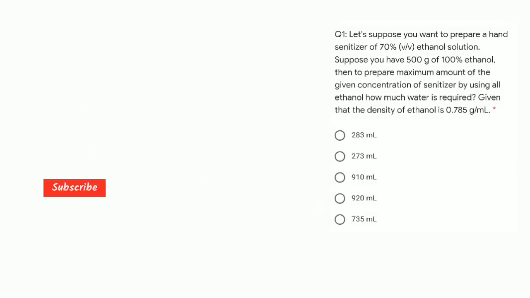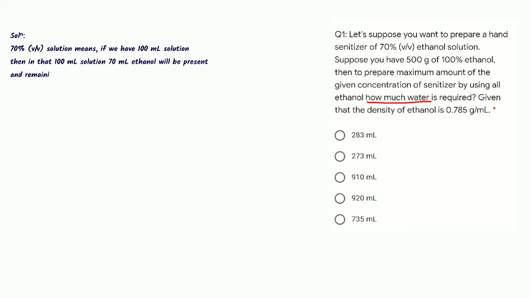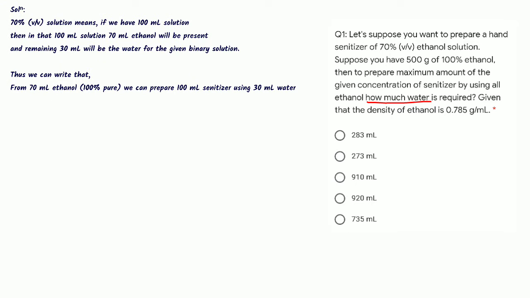In this video class, we will discuss the solutions of assignment 6 for unit 2 solution chapter. So the first question is that we have to find out the amount of water, that means the solvent, which is required to prepare the maximum amount of 70% ethanol solution from 500 gram of 100% ethanol. Here the meaning of 70 volume by volume percent is that if we have 100 ml solution,